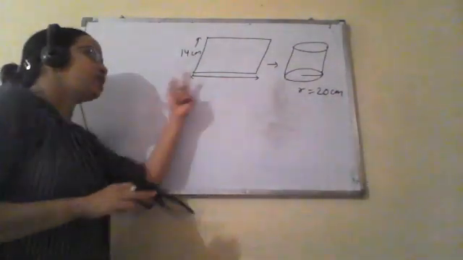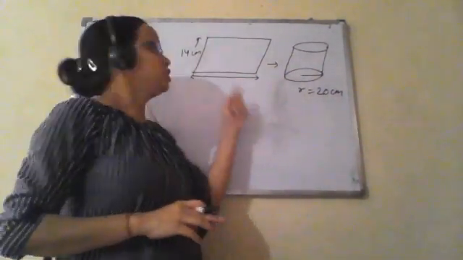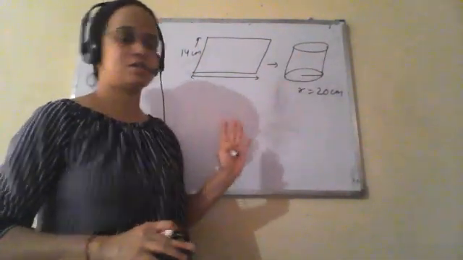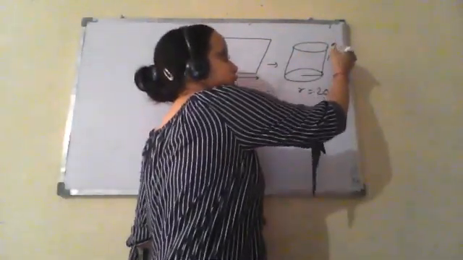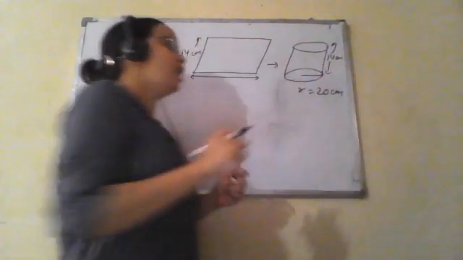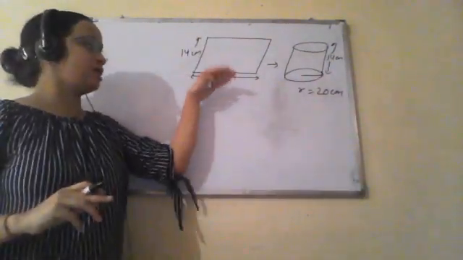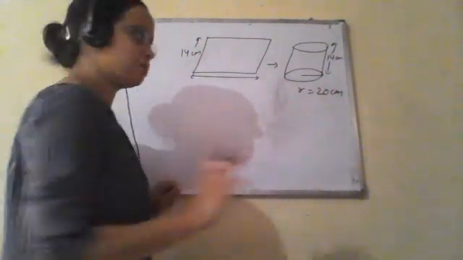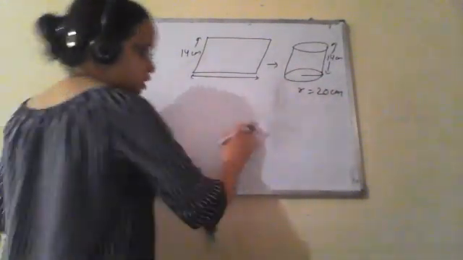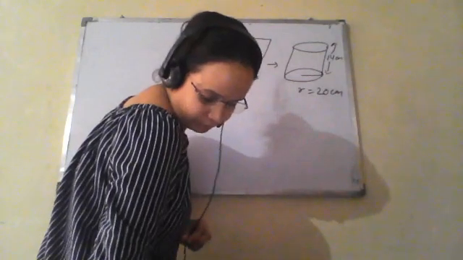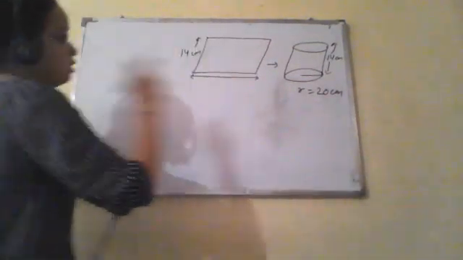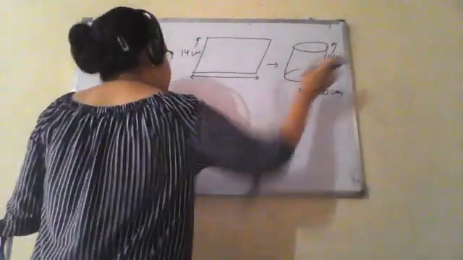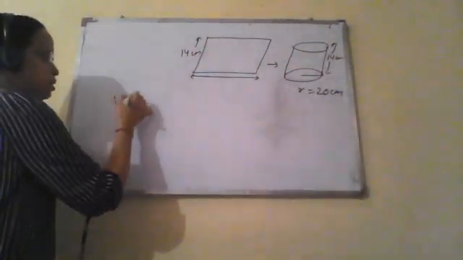Now see, when it is rolled along its width, then its width will become its height. So this is a simple concept. Its height becomes 14 centimeter. And if it says that it has been rolled along its length, then its length will become its height. So this is a simple thing you have to keep in mind. Now we have to calculate the volume of the cylinder. We have been provided with the radius and height of the cylinder, so we can calculate the volume.